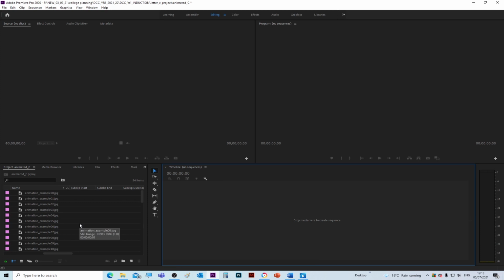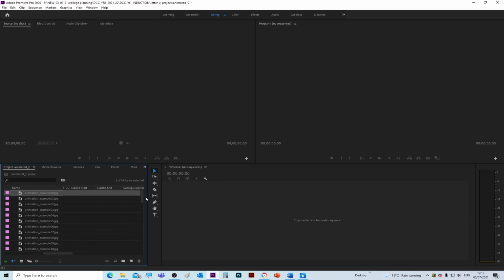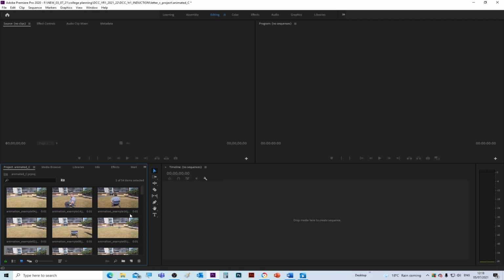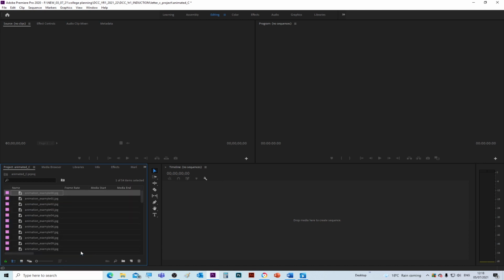So you've imported the pictures in, and if we look at the pictures, they would look like this initially, and that can be a bit overwhelming, so we need to have some organisation in here. So click on where it says list view, you can see all the pictures,